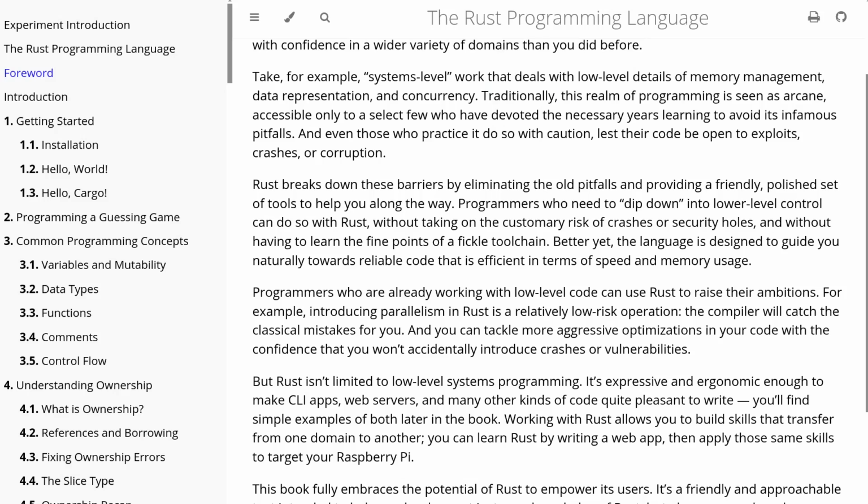Traditionally, this realm of programming is seen as arcane, accessible only to a select few who have